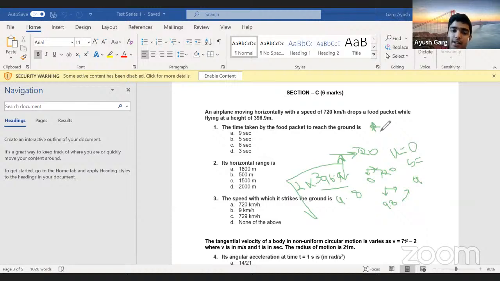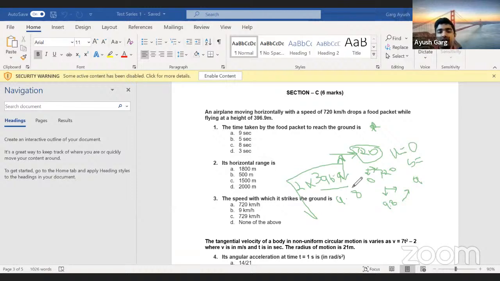can you not use that time to find out the horizontal range? Because you already know that this is the time for which it is in the air, and during that time it is also moving horizontally with a speed of 720 kilometers per hour. Okay, so it's moving horizontally at 720 kilometers per hour. You multiply that by the time, right? 720 into the time, whatever you get is going to give you the distance covered horizontally during the time it took to reach the ground. Okay,